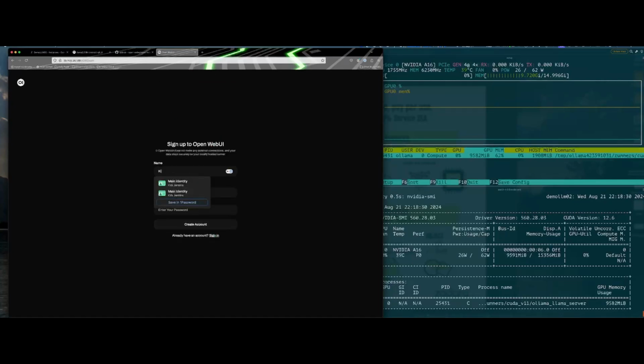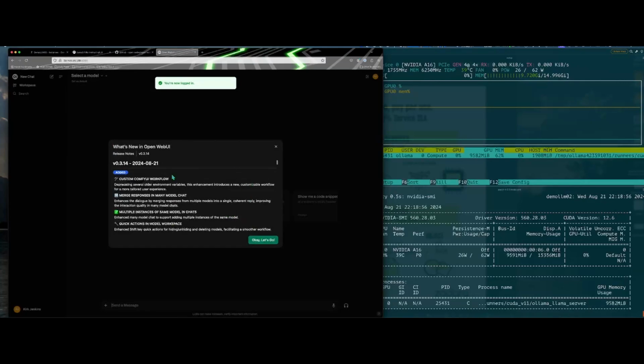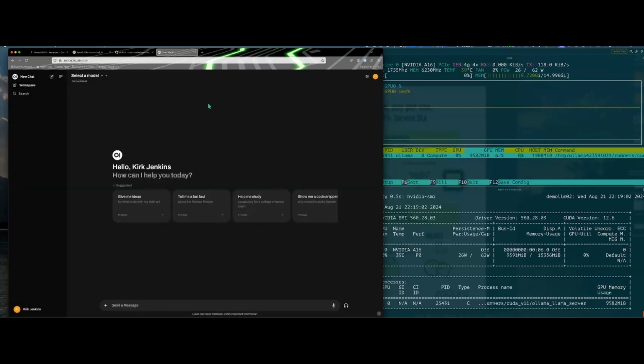And from here, I can sign up. So enter my name. And this first login to the OpenWebUI is for the administrator. And I'll enter my password. Okay, so that's it. So now I have the OpenWebUI installed,